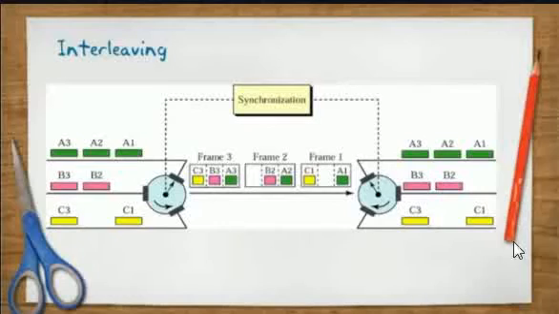This shows how data are transferred. First of all, A3, B3 and C3 are grouped into frame 3. A2, B2 and C2 are not there, so space is allocated to them, but it is wasteful. Similarly, in frame 1 all data in the first series are allocated. Now synchronization takes place, the demultiplexer on the other end subdivides the data to their respective devices, and this is what we call demultiplexing.